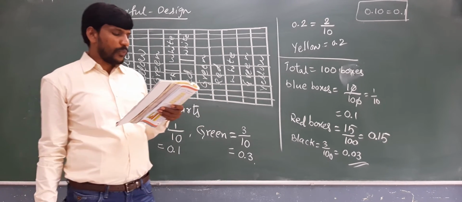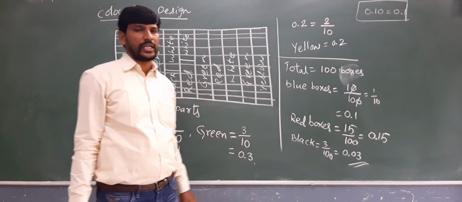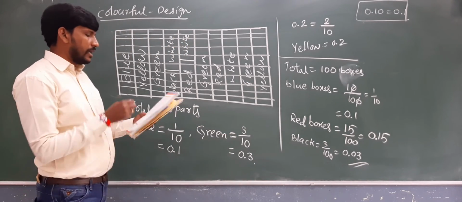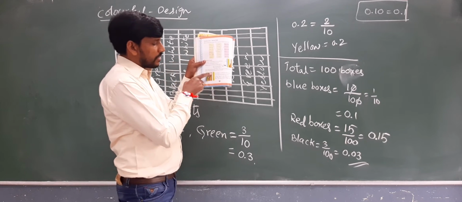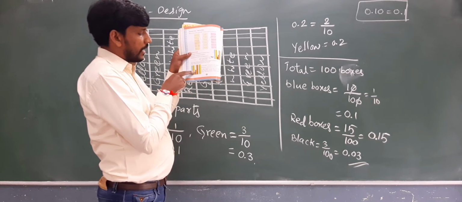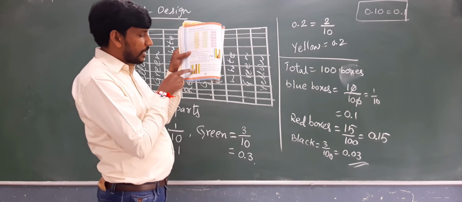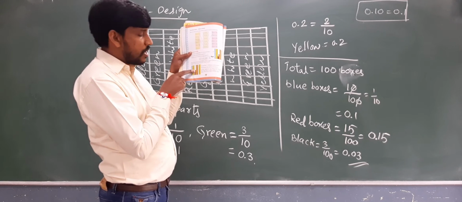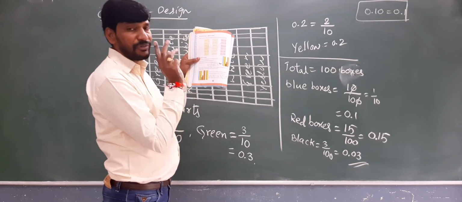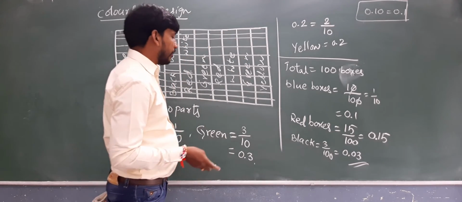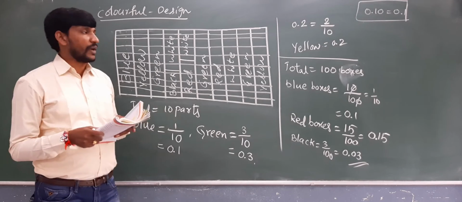Now, how many white boxes are there in the sheet? Just count it here. Totally one line is there, that is 10. And here in the block, along with the block, there are 7 white boxes. Okay, 10 plus 7 is 17. And along with red, there are 5 more. So 10 plus 7 plus 5.